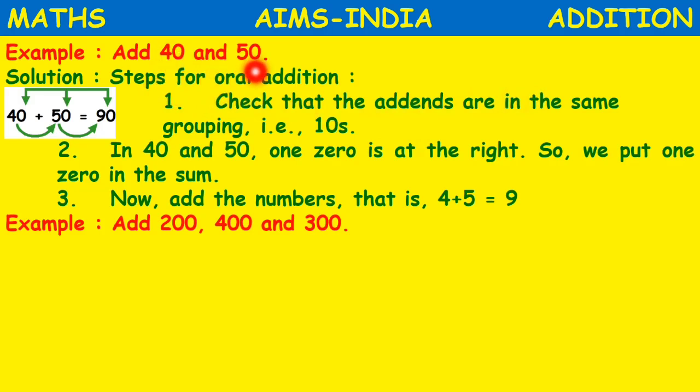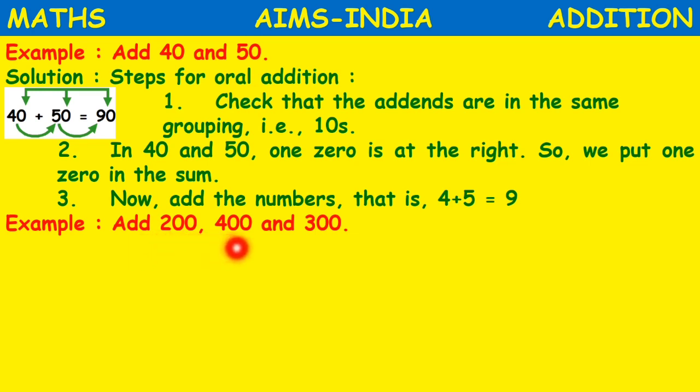4 plus 5 becomes what? Do you need any paper and pencil to add 4 and 5? No, right? We know that 4 and 5 becomes 9, and after those digits we are having 0. So put a 0. The answer will be 90. Yes, the answer will be 90. Now look at the next example.